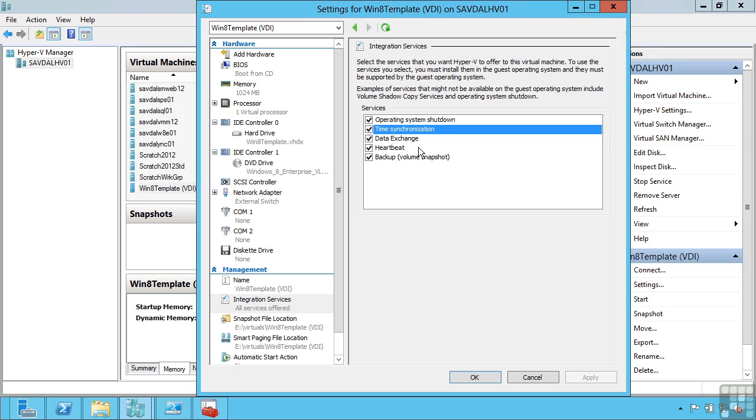Heartbeat helps check is the VM responding and performing, and backup is a critical service. When we back up at the Hyper-V host, we're probably going to use a volume shadow copy service, a VSS backup software solution. Well, I want my virtual machines to be aware that that backup is happening, so they also flush all their data out to disk and make sure it's in a consistent state. With this service enabled, when I do a VSS backup on the Hyper-V host, the integration services actually go through and notify the guest operating systems that a backup is being taken. They can then call all the VSS writers within the guest operating system to ensure a clean backup. This enables me to take a backup of the Hyper-V host of the VHD files and know they're in an